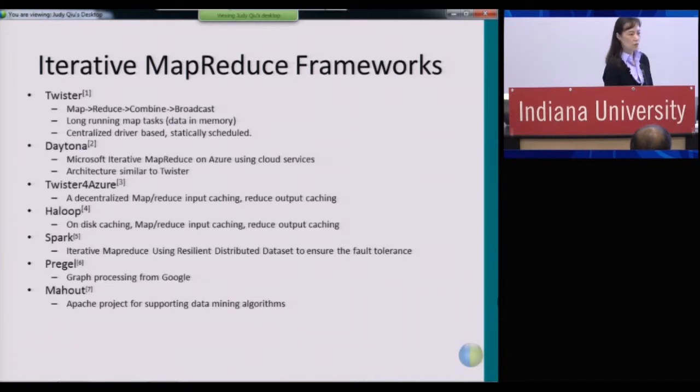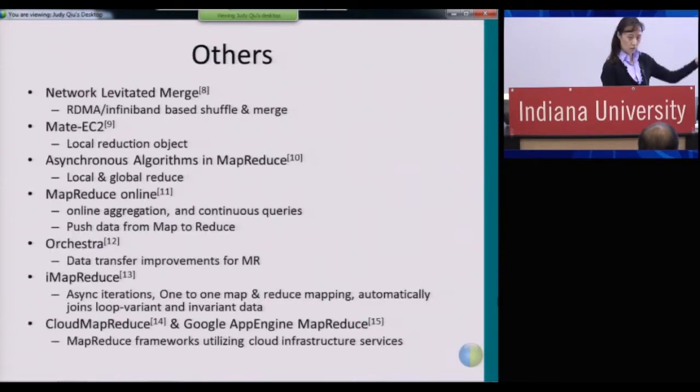HaLoop is a system built as an extension of existing Hadoop by the University of Washington. And Spark is an iterative MapReduce system that supports resilient, in-memory fault tolerance, from Berkeley. Pregel, which you probably already heard of, is Google's system supporting graph processing. And Mahout is an extension on Hadoop. It's an Apache open source project to support data mining algorithms. I could go on for a lot, and I list many other similar works, but they target